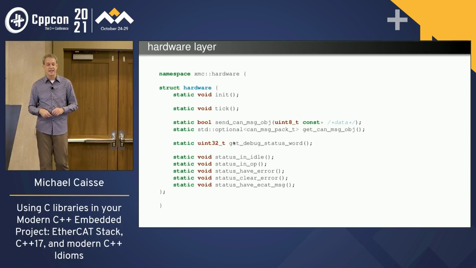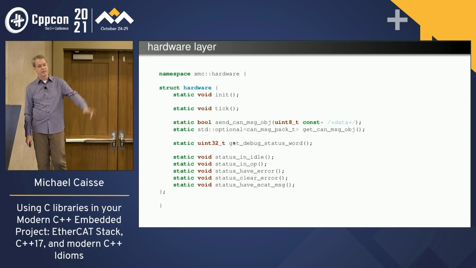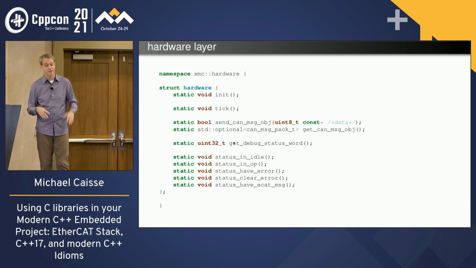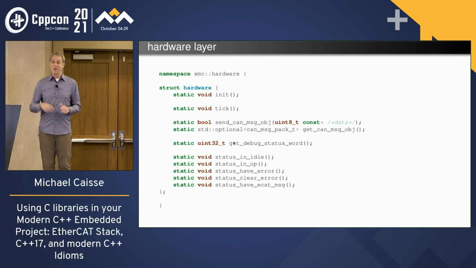And so that init is just going to init something when init gets called. Tick, we don't really know what that does yet, but I'm guessing it probably gets called on the main loop, right? That probably is true. And we're going to be able to send stuff on a CAN bus, and we're going to be able to get stuff back if there's something available off of the CAN.